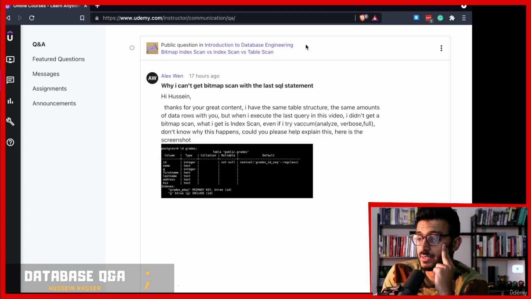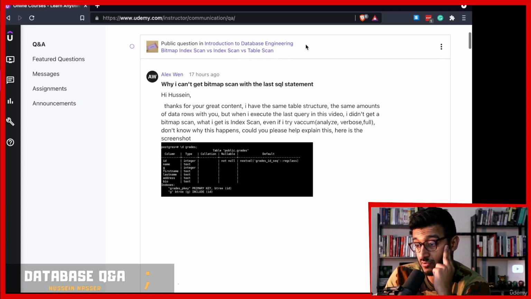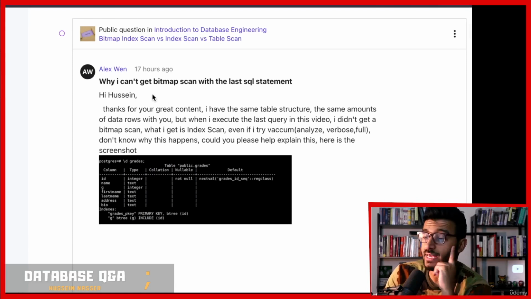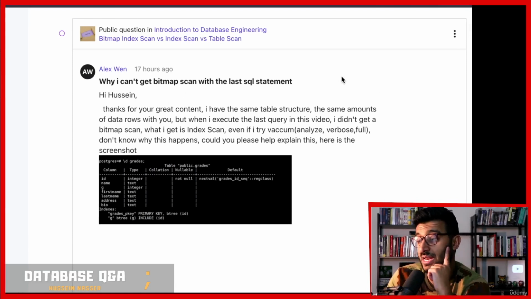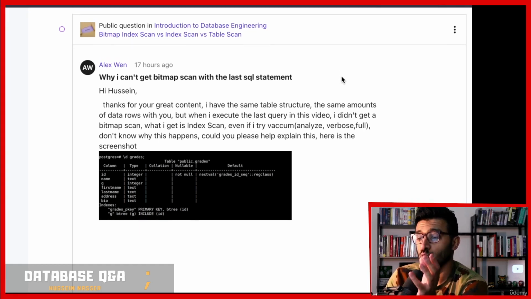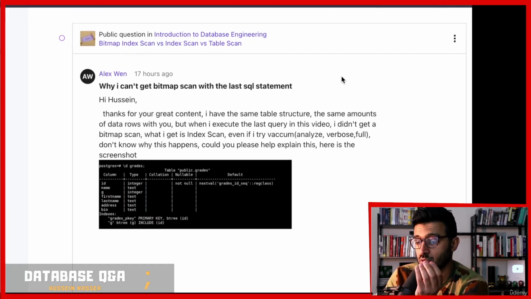So, one question 70 hours ago from Alex Wen. The question goes as follows: why can't I get bitmap index scan with the last equal statement? This particular question is very related to one of the lectures. They were trying to go through the lecture in which I explained bitmap index scan and table scan. And apparently they're following my